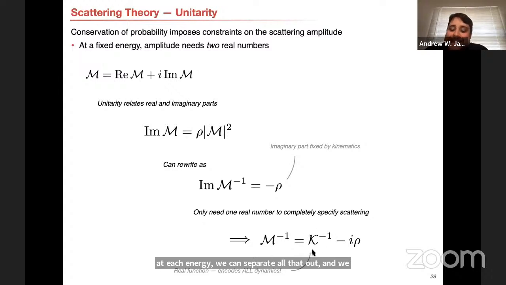And if we can get what this K matrix is, then we know everything about the scattering dynamics. So in perturbation theory, if you're doing something like quantum electrodynamics, and you calculate the scattering amplitude order by order in terms of the electromagnetic coupling constant, really what you can think about doing is writing this in this way, and you're calculating the K matrix order by order in this interaction. So all the interactions are encoded in there, and you should be able to show for any quantum electrodynamic amplitude